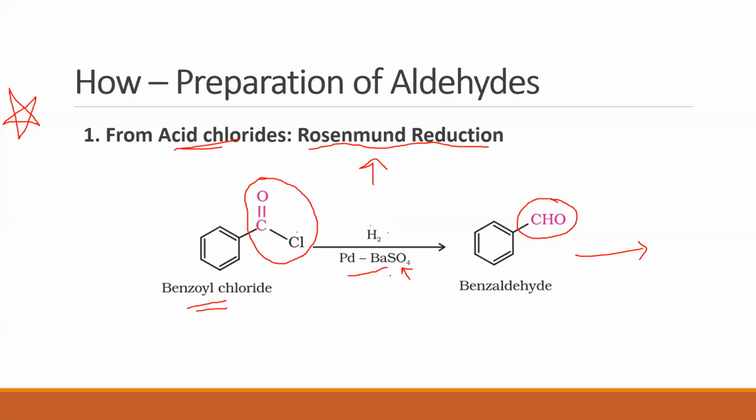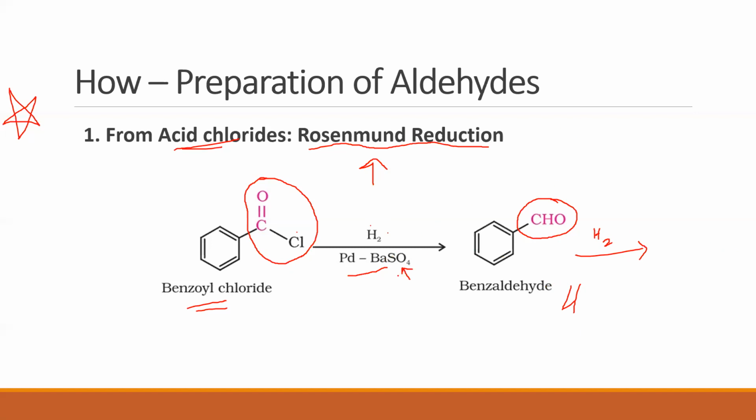How do you poison palladium? Poison it by taking it in combination with barium sulfate. Barium sulfate is a poison. It will effectively reduce the efficiency of the catalyst. Thereby, the reaction will stop at the aldehyde stage itself. Otherwise, with more hydrogen atoms, aldehyde can further react to become an alkane and so on. Clear? That's the reason why we use barium sulfate, which is used as a